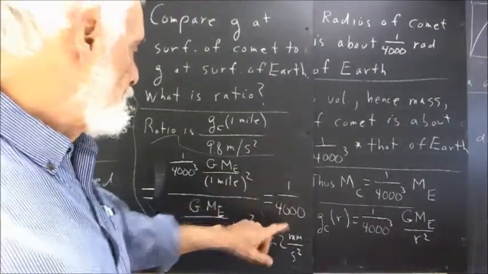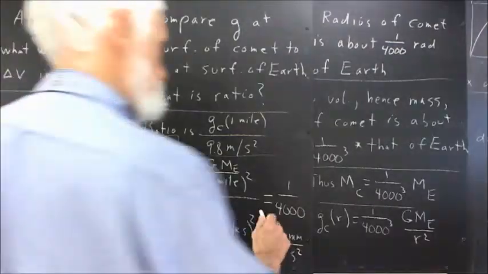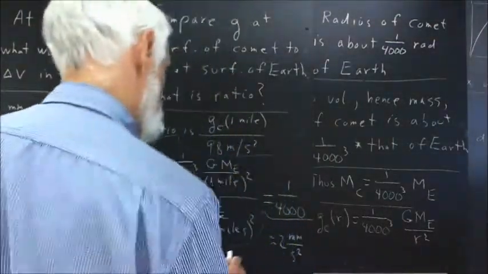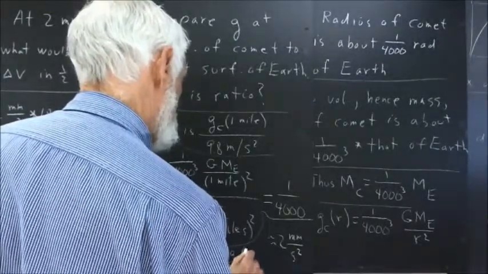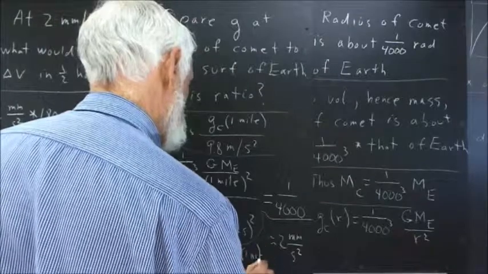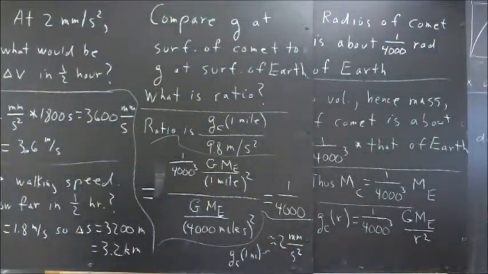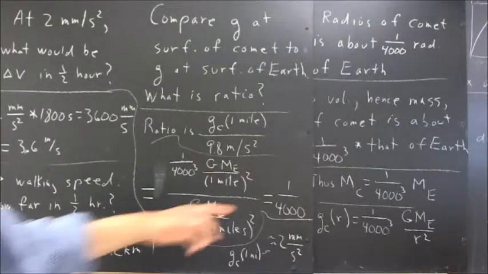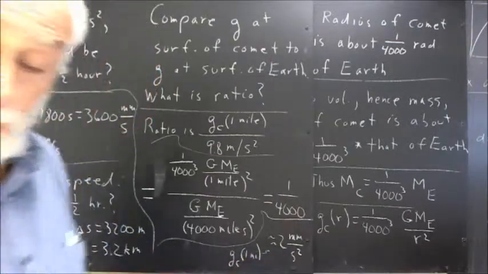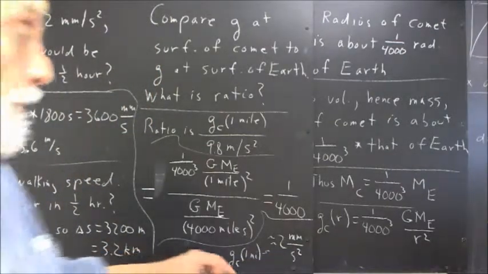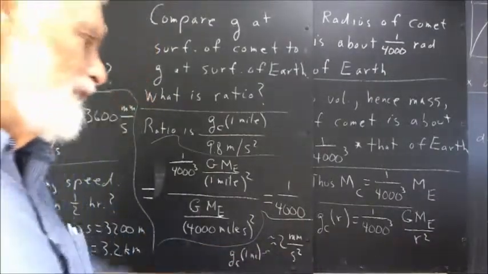And 1 over 4,000 tells us that g_C at 1 mile is approximately equal to 2 millimeters per second squared. Now, actually, if you divided 4,000 into 9.8, you get something closer to 2.5 millimeters per second squared. It would round off to 2.5, but I'm just going to use a whole number,